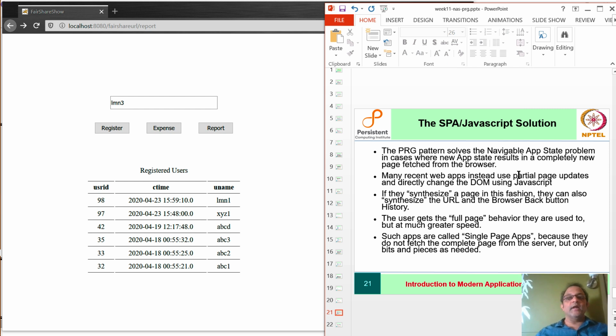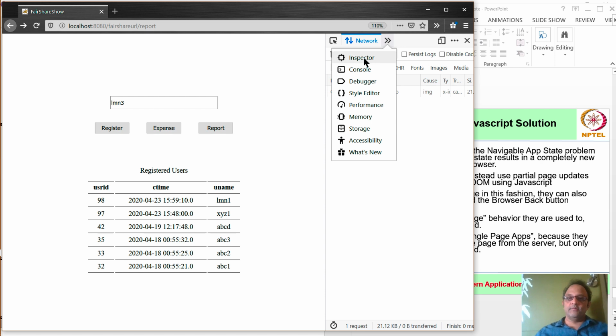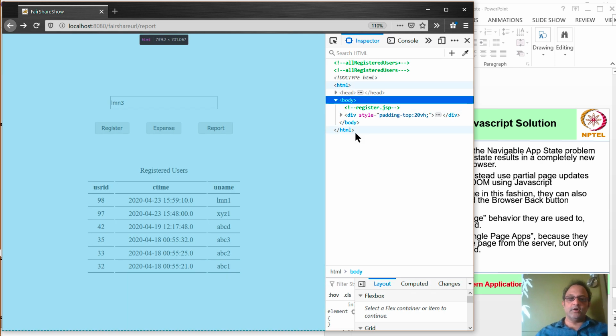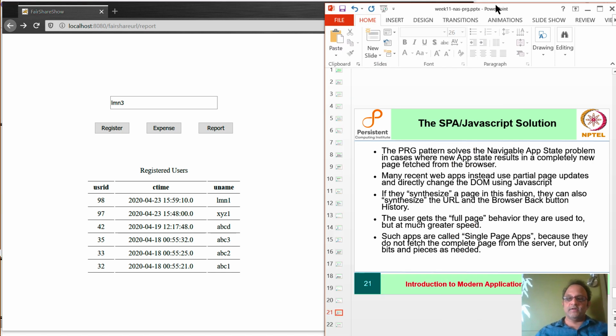So you can do partial page updates and directly change the DOM. DOM is this one, right? You remember from before, which is the document tree. So you can directly edit the document tree using JavaScript and insert just one row by fetching the content from the database.